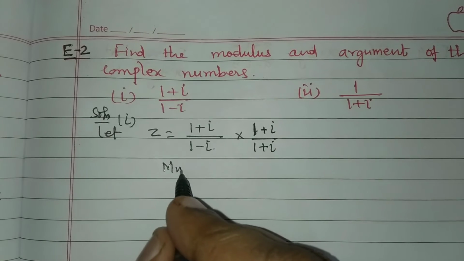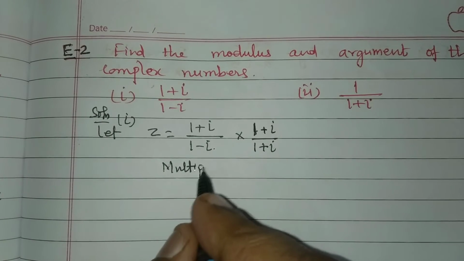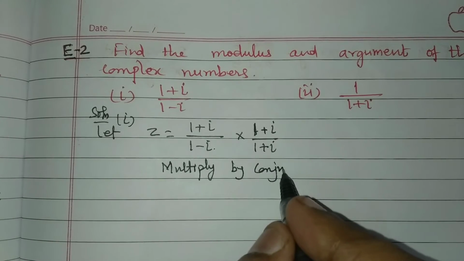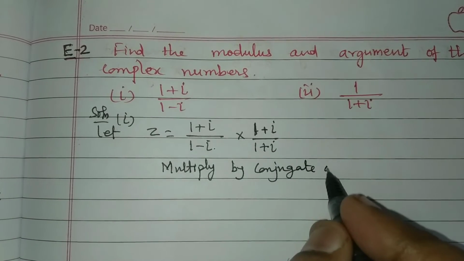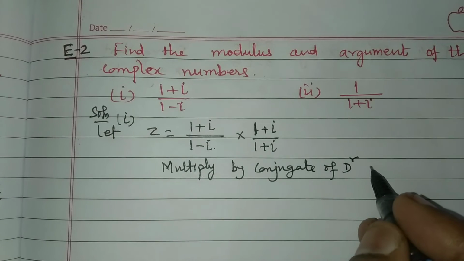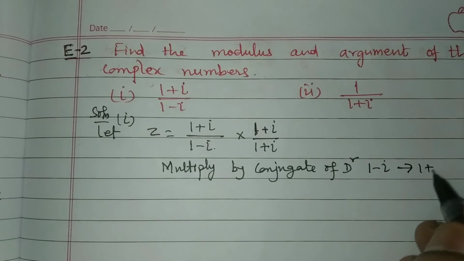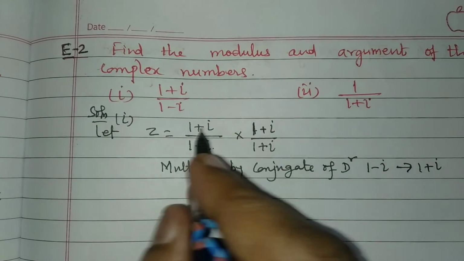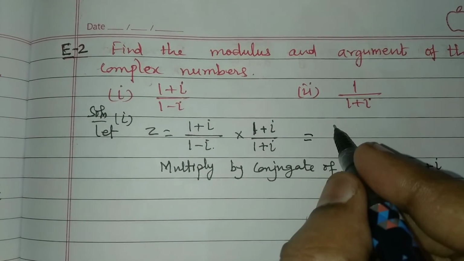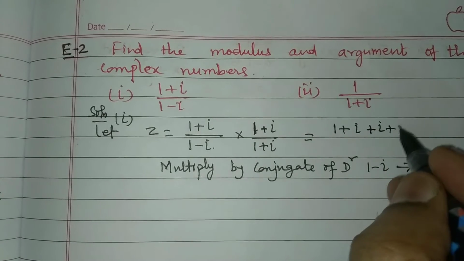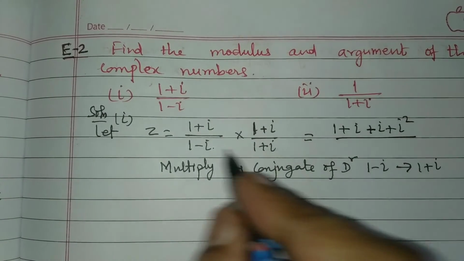I'm just writing multiply by the conjugate of the denominator, 1 minus i, that is 1 plus i. So here we will multiply over here, so 1 plus i, then i plus i square,